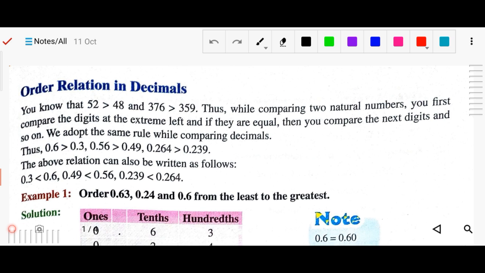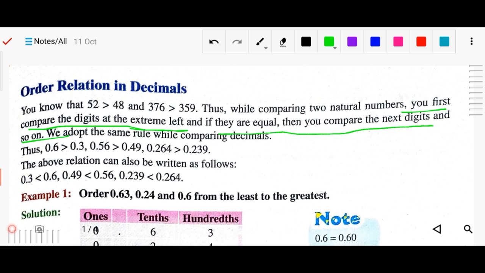So we have to compare the decimal numbers, which is the largest number, which is the smallest number. We have to arrange the numbers in ascending order or in descending order. So for that there is a rule on how to compare. To compare the numbers, first of all we have to see the digits. We first compare the digit which is at the extreme left. If the digits at the extreme left are equal, then we compare the next digit